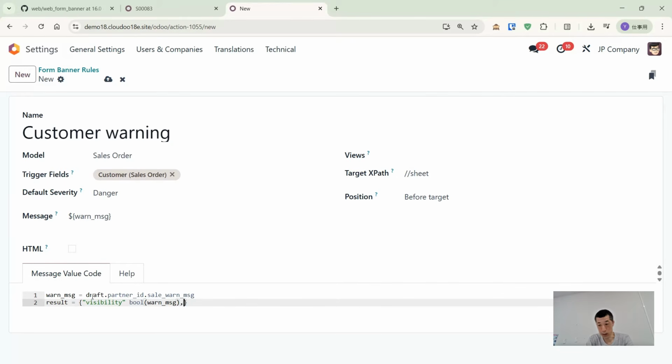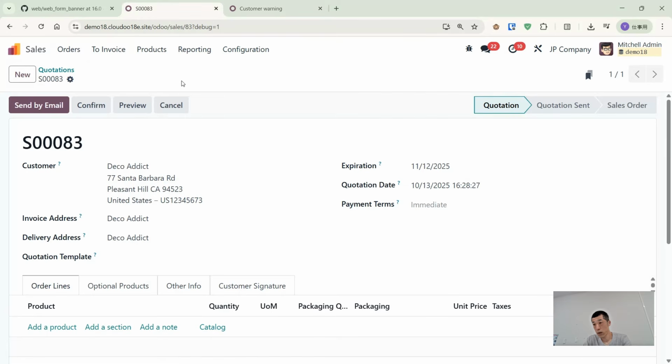We show the banner and the message content. Sorry, we just pass a placeholder from here to this message. So it's like this. Save, and I